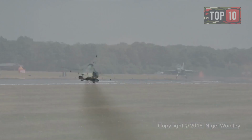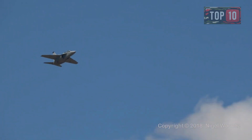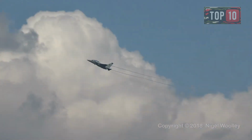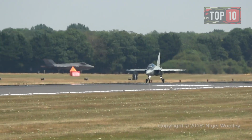This aircraft has an empty weight of 4,900 kilograms, a total weight of 6,700 kilograms, and a maximum takeoff weight of 9,600 kilograms. The aircraft is equipped with 2 Honeywell ITEC F124-GA-200 turbofan engines, each with a thrust of 28 kilonewtons. The maximum speed of the aircraft is 1,090 km/h, and it should never exceed 1,470 km/h. The aircraft has a range of 1,925 km and a ferry range of 2,550 km with 3 external fuel tanks. The endurance of the aircraft is 2 hours and 45 minutes. Its service ceiling is